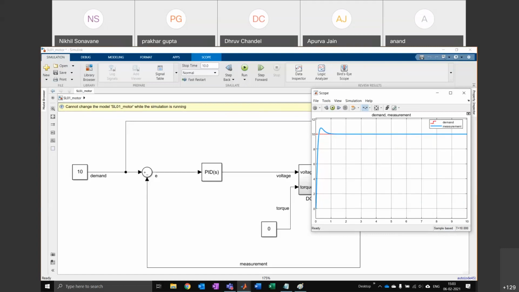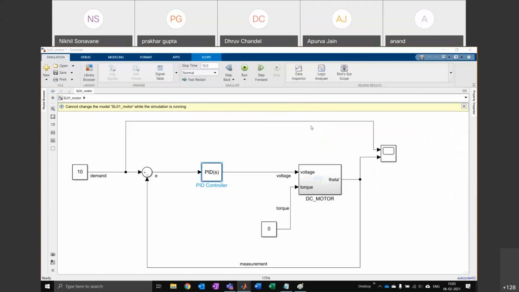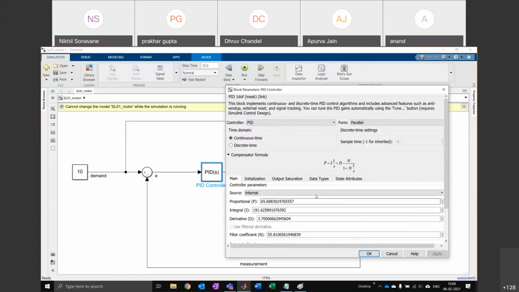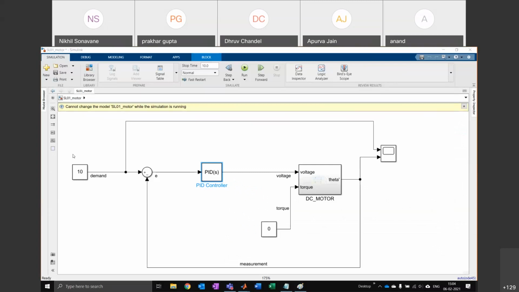Okay, you don't have the app. Right, so you need to install the Control System Toolbox in that case. I did ask everyone to install everything. The values are not important, you understand. What's important is this entire process of how to make this.